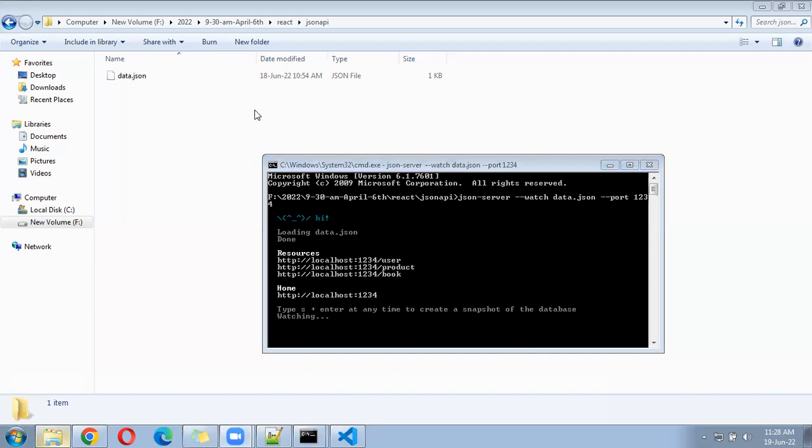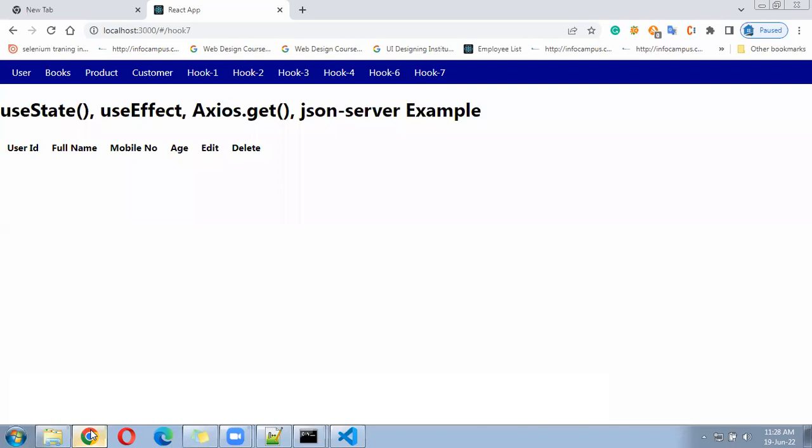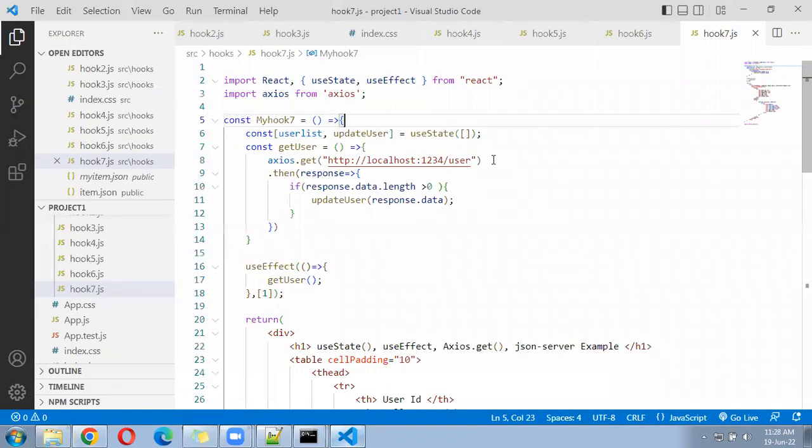Okay, next after that, come to that file. Which file? That is called